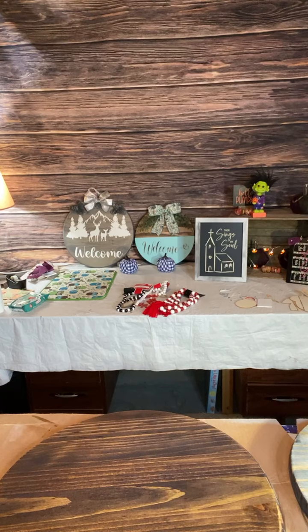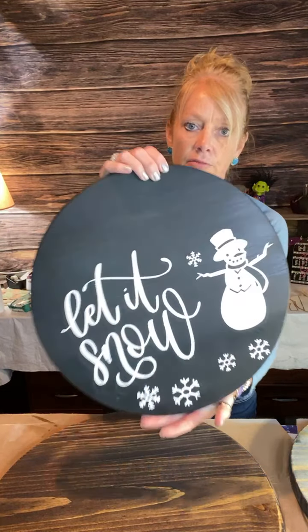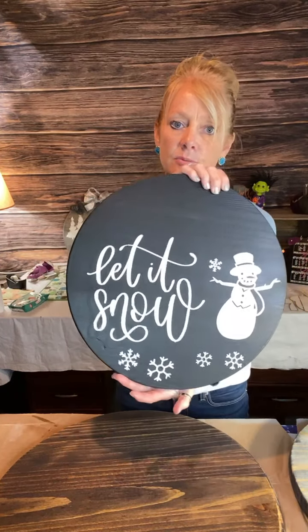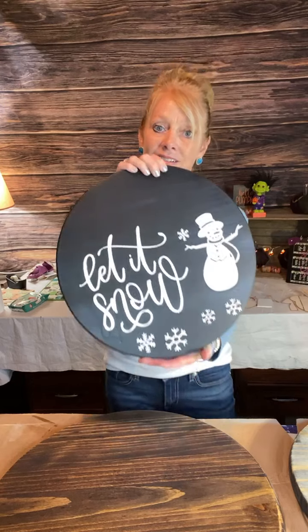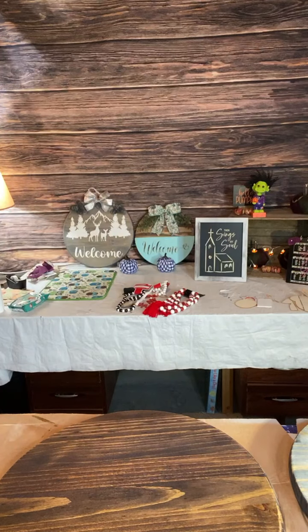And it's been sitting a while, but where I sanded it, I didn't sand it enough, and you can see where I had the other stencil on there. I don't know if you can see it on the camera, but I can see it. So this one is another one that'll go on my door, because I cannot sell it like that. So let me show you